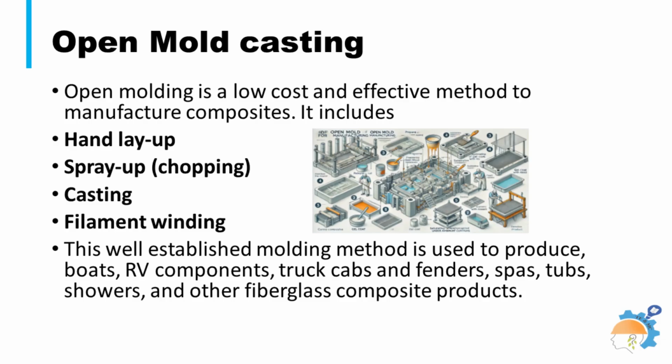In open molding, raw materials, resins and fiber reinforcements are exposed to air as they cure or harden. Open molding utilizes different processes, including hand layup, spray-up, casting and filament winding. This well-established molding method is used to produce boats, RV components, truck cabs and fenders, spas, tubs, showers, and other